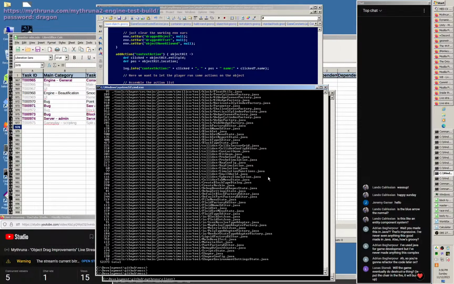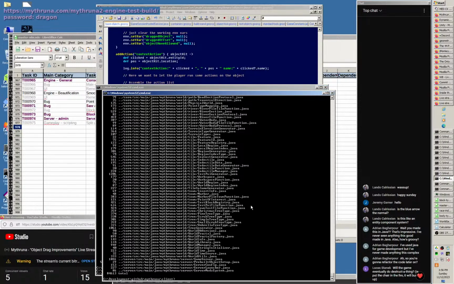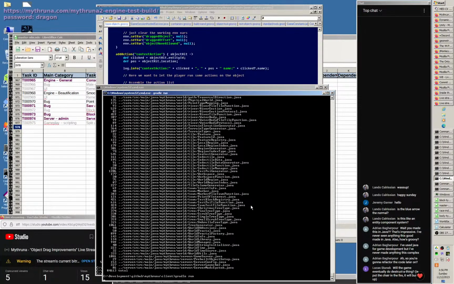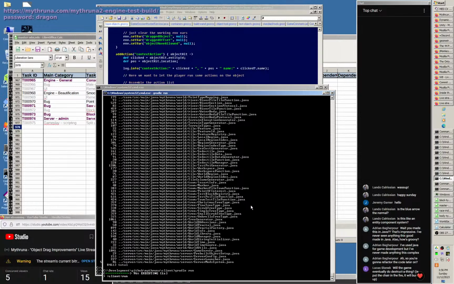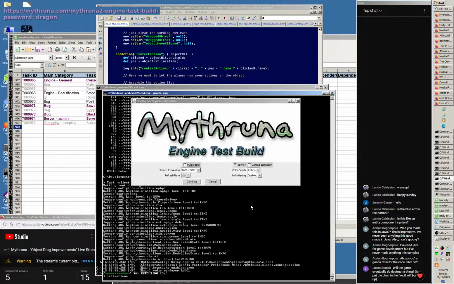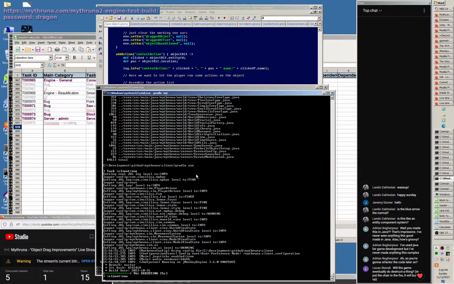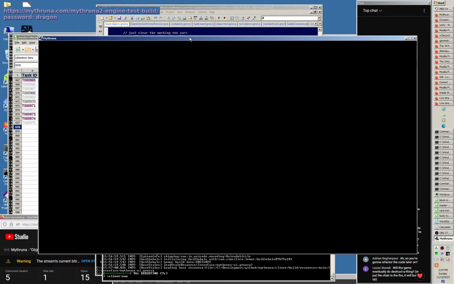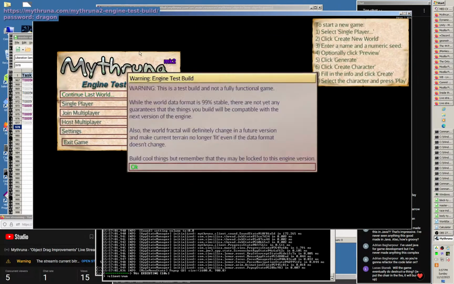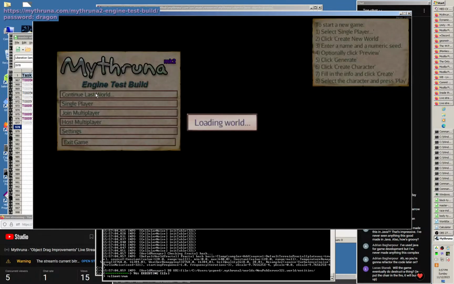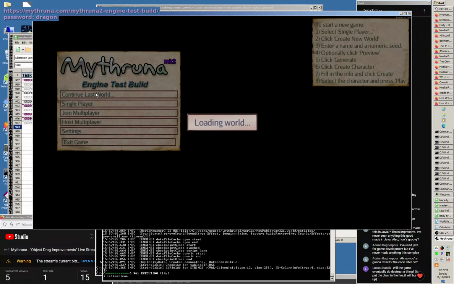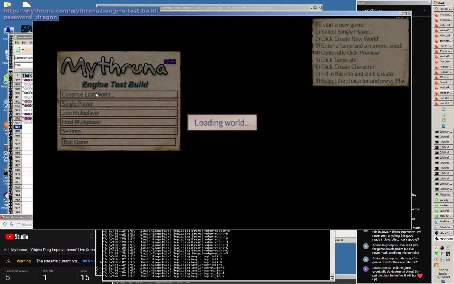But no, I don't plan to. There's not going to be any major refactorings. I stubbed some things in for the time being, like the character creation. I had hard-coded Fade, the old Mythruna girl, as the main character for the longest time, and then last month before Halloween,